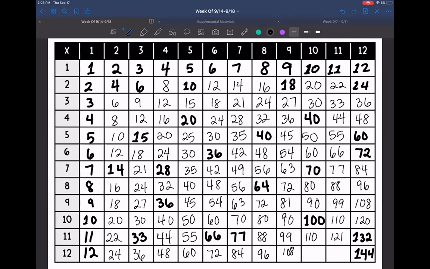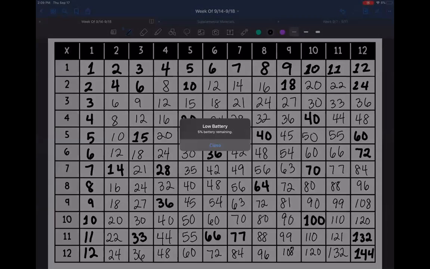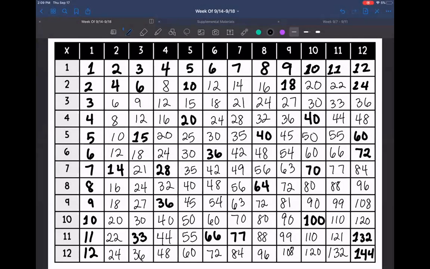10 times 12 is 120. 11 times 12 is 132. 12 times 12 is 144. All right, any questions on our times tables? No. So as we just saw,